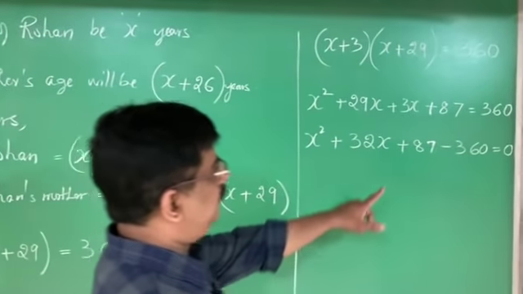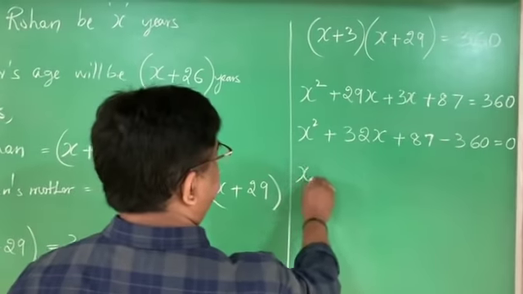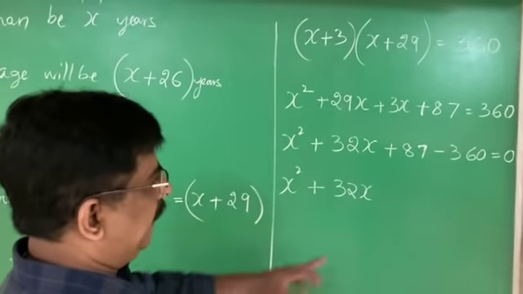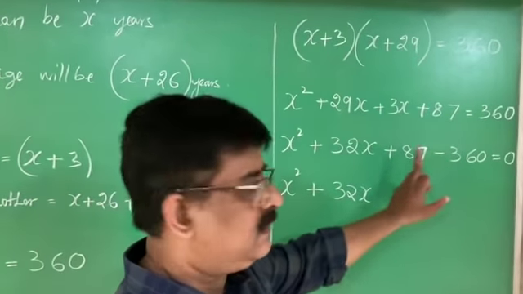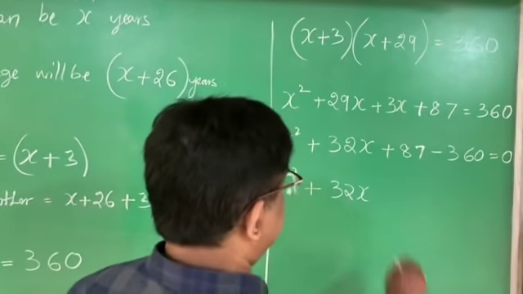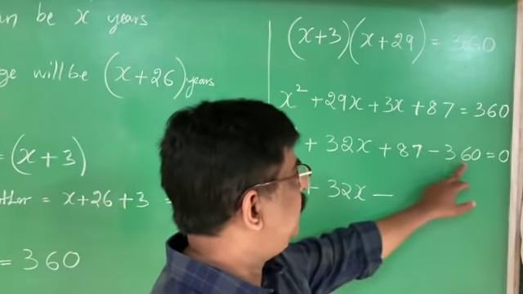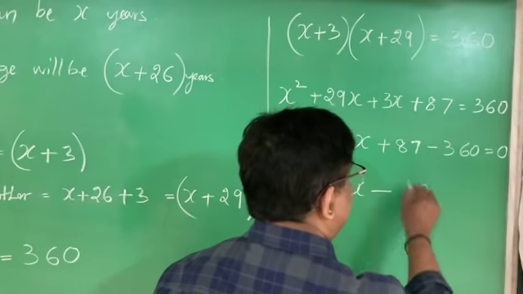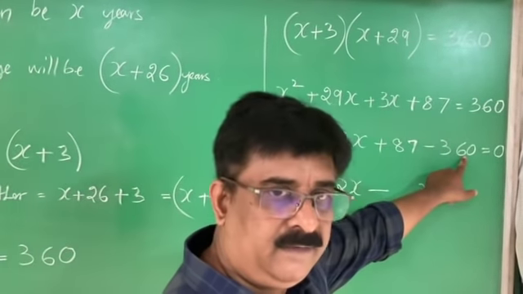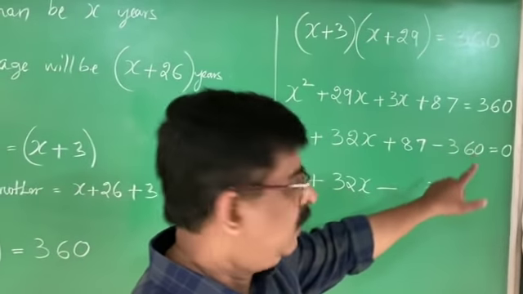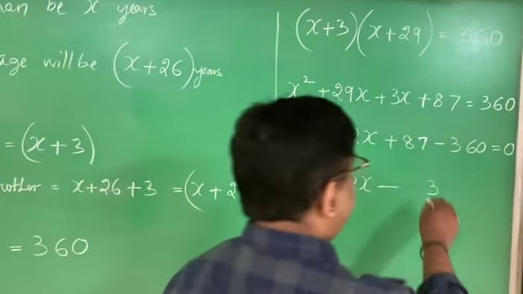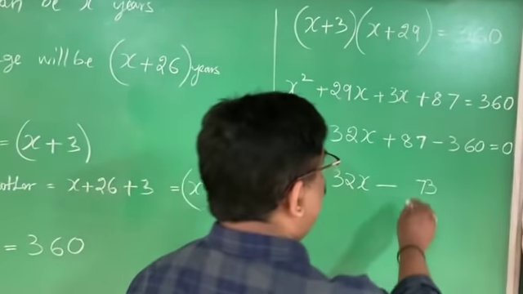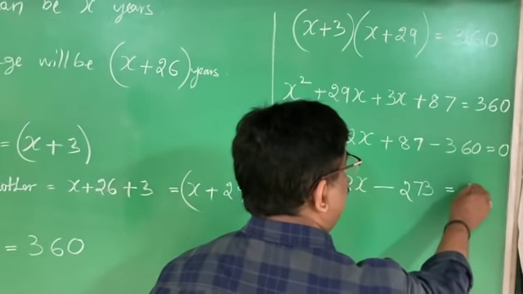Now again this is to be subtracted. x square, there is nothing to subtract here, 32x. Now we have to subtract 87 from 360. While subtracting, you have to put the sign of the bigger number. The bigger number is 360, therefore minus. 0, 10; 10 minus 7 is 3. Then it becomes 5; 5 minus 5 means 15; 15 minus 8 is 7. Then what is left here is 2. So 273 is equal to 0.